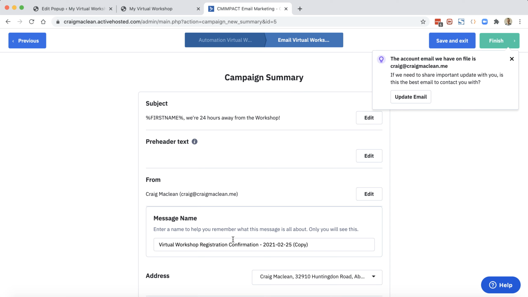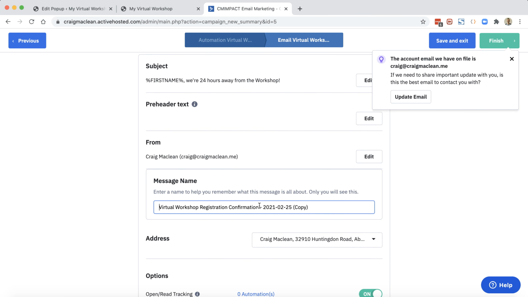And for our message name here, we can now update this because it's just created a copy of the name. And again, this is just for my administration end. This is not for the public view. So virtual workshop, we will change this to 24-hour reminder, and then we'll keep the date in there, and we'll click on finish,